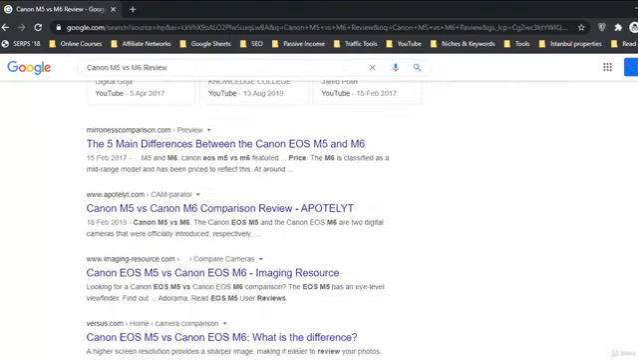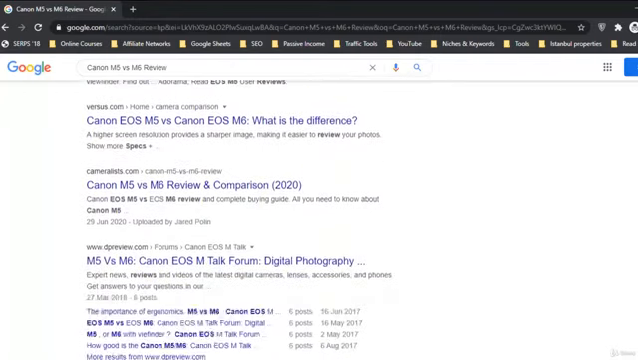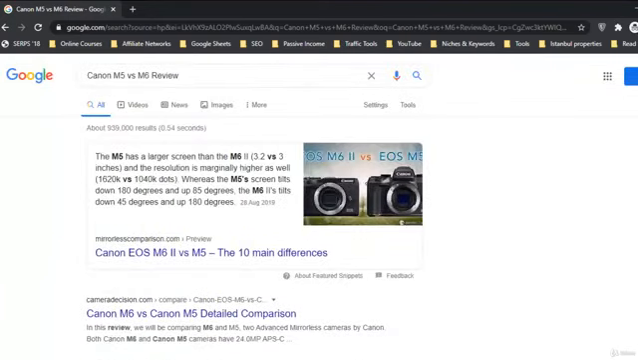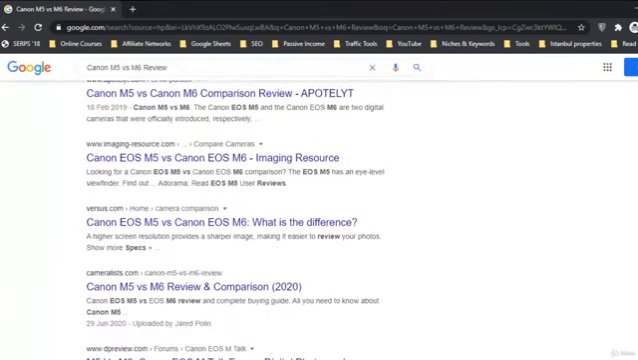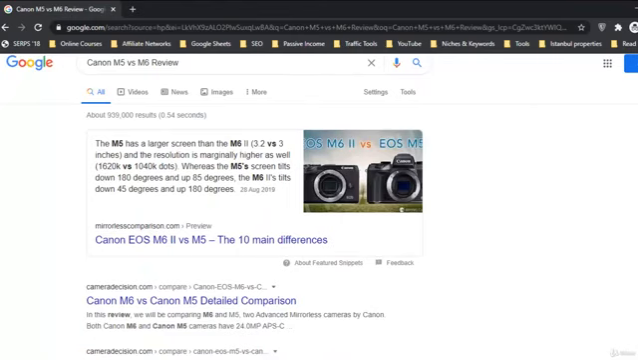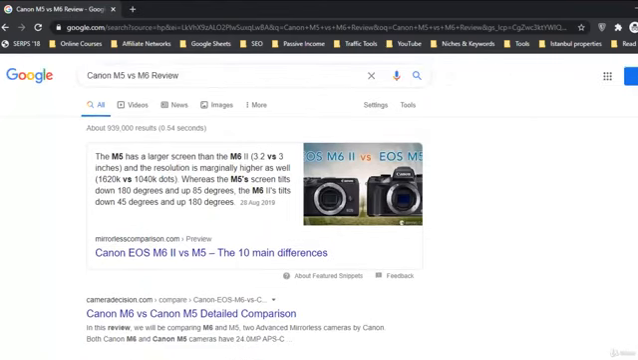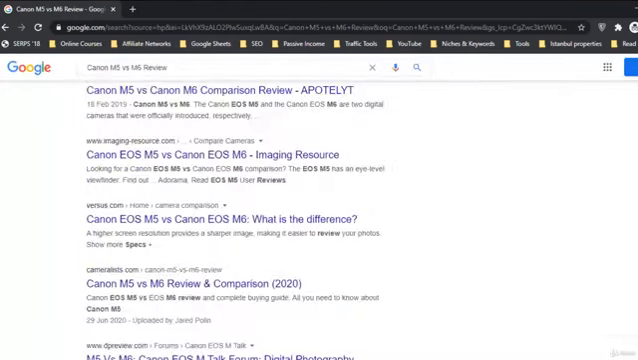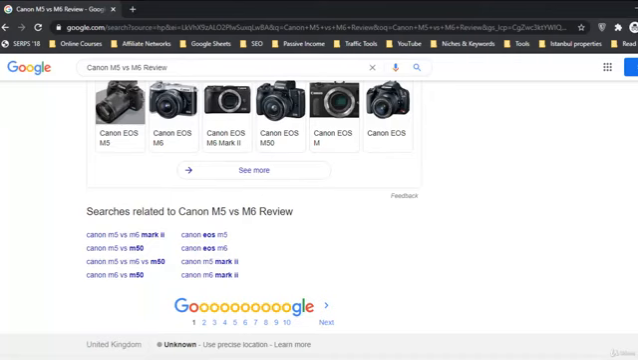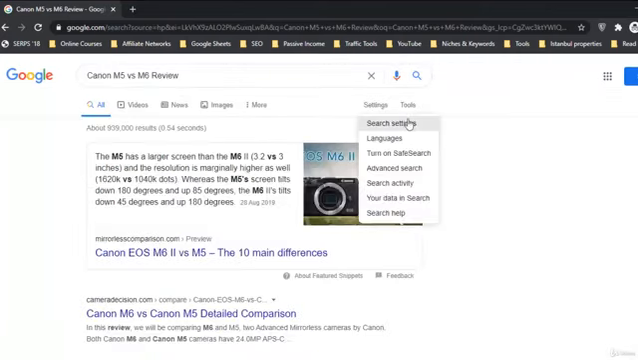For the United Kingdom, you can see this website cameralist.com, and our article is on the first page. This is the first page. Okay guys, and congratulations guys, the keyword is on the first page. You can check this keyword, Canon M5 versus M6 review, on the UK search engine, Google UK, and you will see this on the first page. While if we check it for the US,